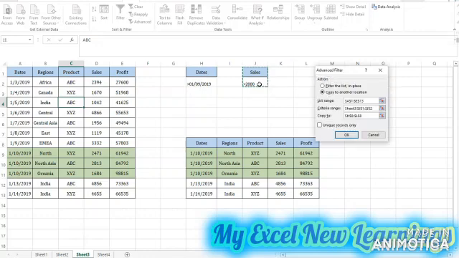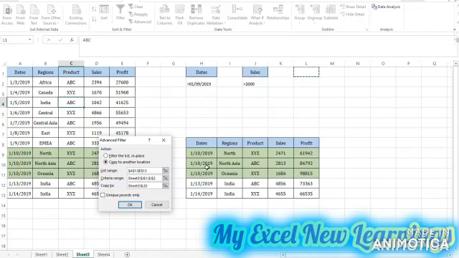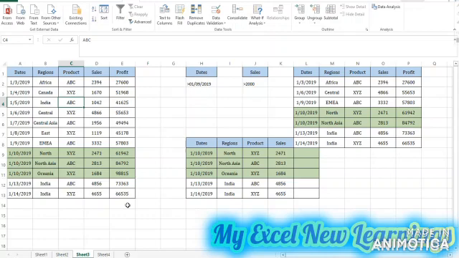I want to see the sales which are greater than 2000, then copy to other location. So we will see the data should reflect here. So we have got 7 records with the sales greater than 2000.